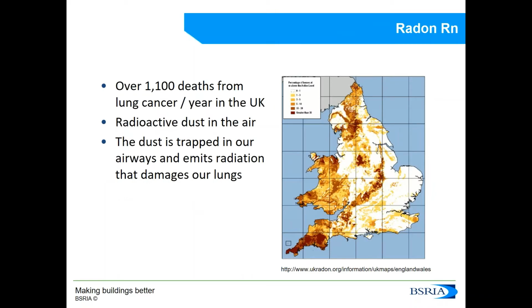The next contaminant is radon. Radon is produced by radioactive decay of radium, and it's found in rocks. So when the dust gets into our lungs, it emits radiation that can damage our lungs. On the right-hand side of the picture, you can see a drawing from Radon UK, which highlights in darker colors the areas where radon occurs naturally in England and in Wales. So for those of you who have a house there,